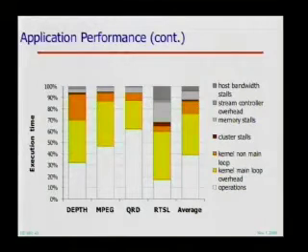Here's some data that sort of shows how we were successful and where there was room for improvement. This shows for these 5 algorithms a stereo depth extractor, an MPEG codec, QRD, which was really the bulk of the time spent in a DARPA phased array antenna application called STAP, Pat Hanrahan's real-time shading language, which was adapted to run on Imagine, sort of a predecessor of NVIDIA's CG, and then the average over all of these.